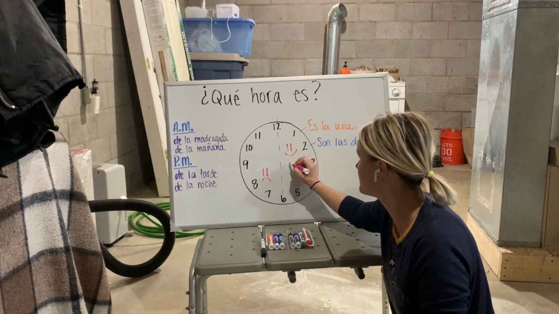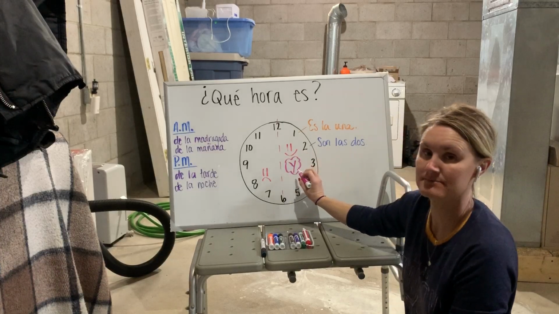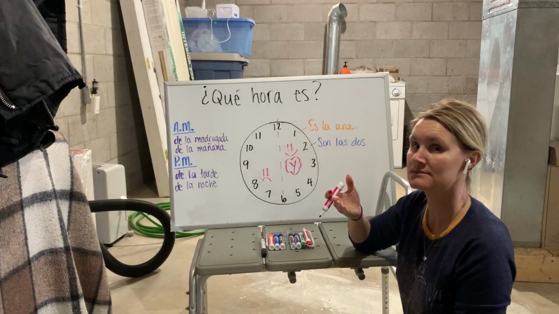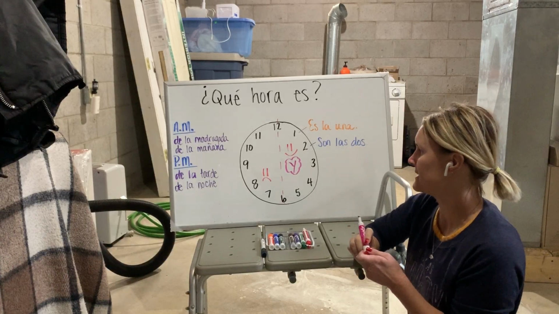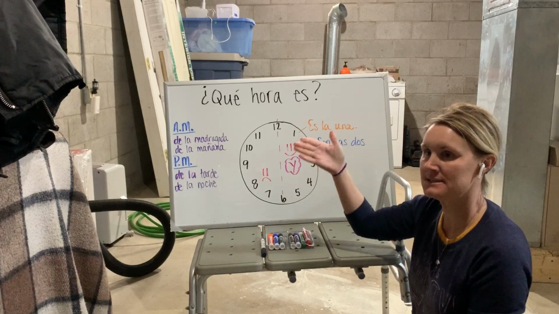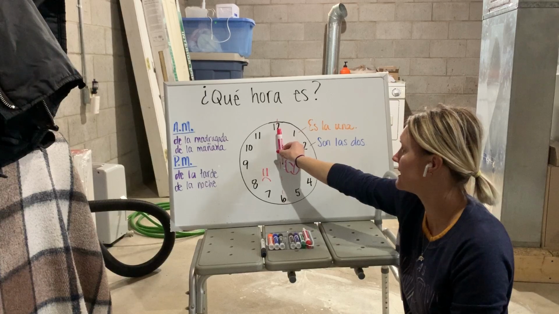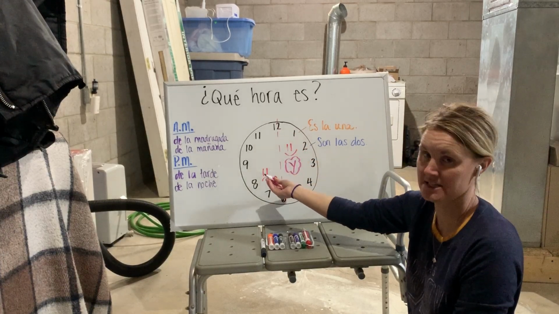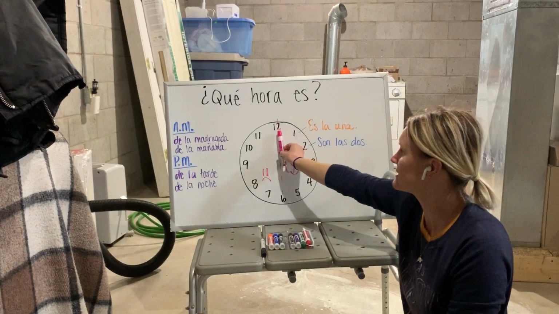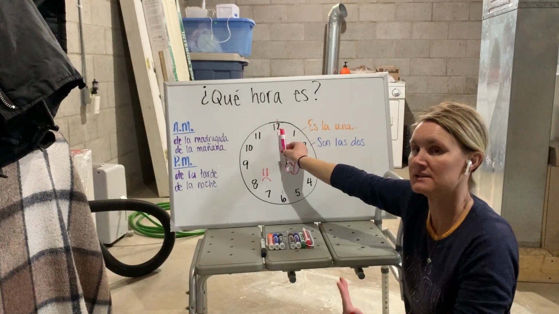this word, e, which means and. So we're going to use the word e, and we're going to say hour and minutes. Okay, so I'm going to start with 1 o'clock, and I'm going to show you as the minute hand moves around how that changes. So 1 o'clock es la una,